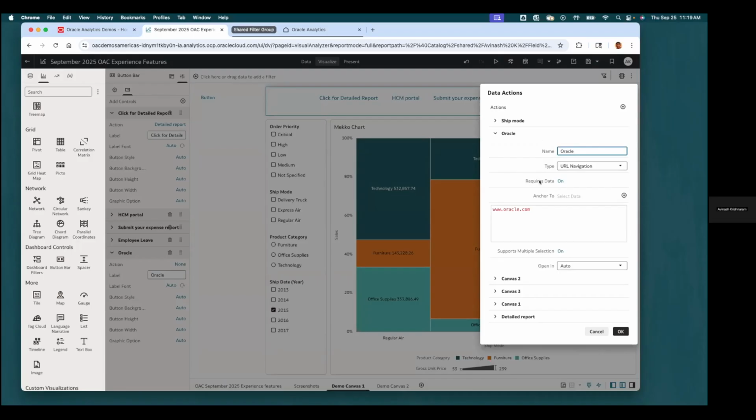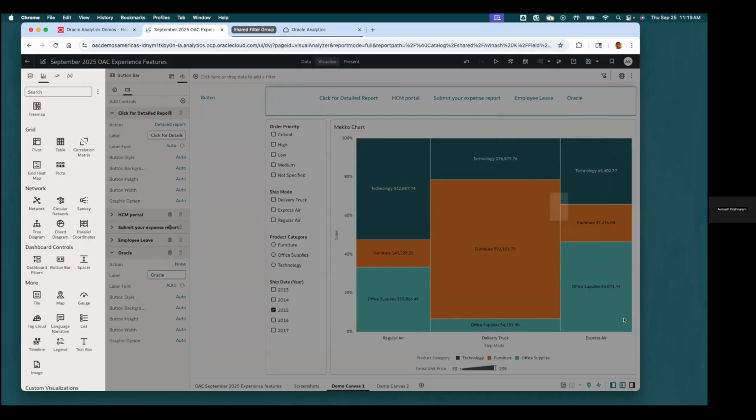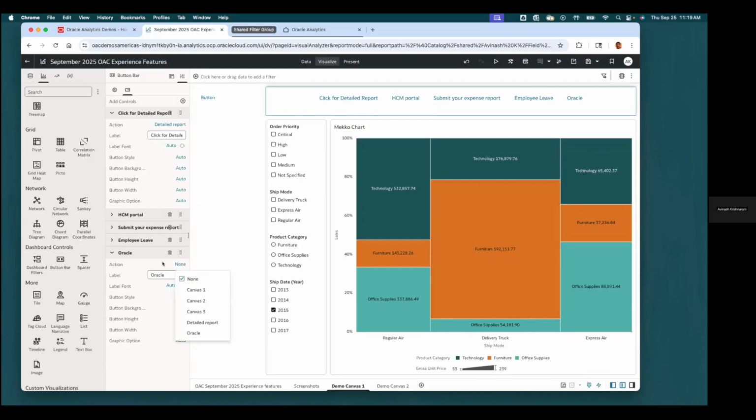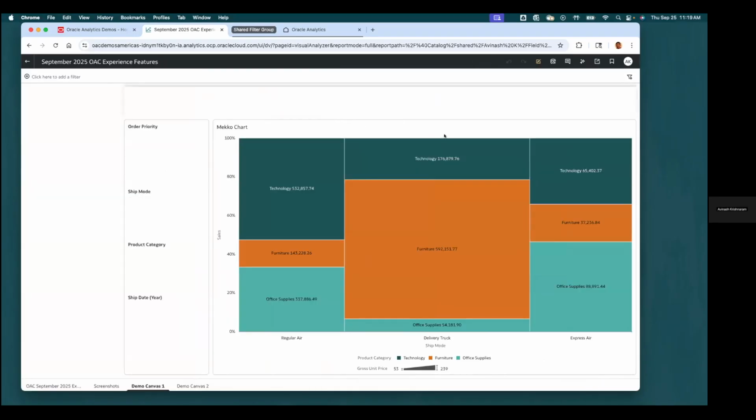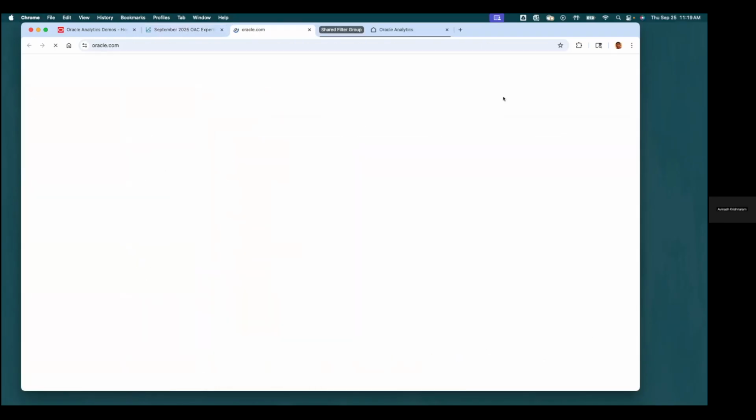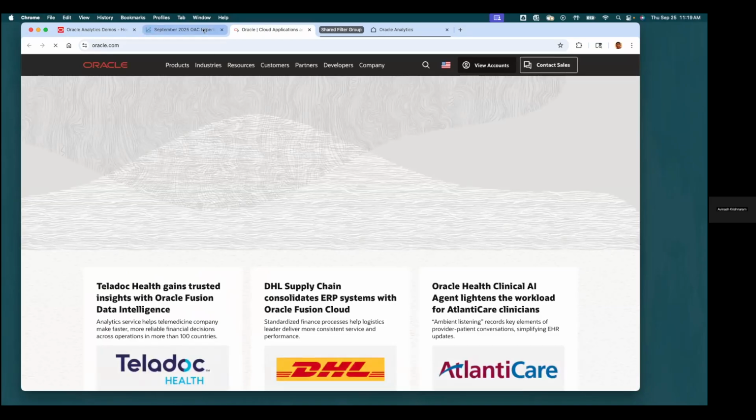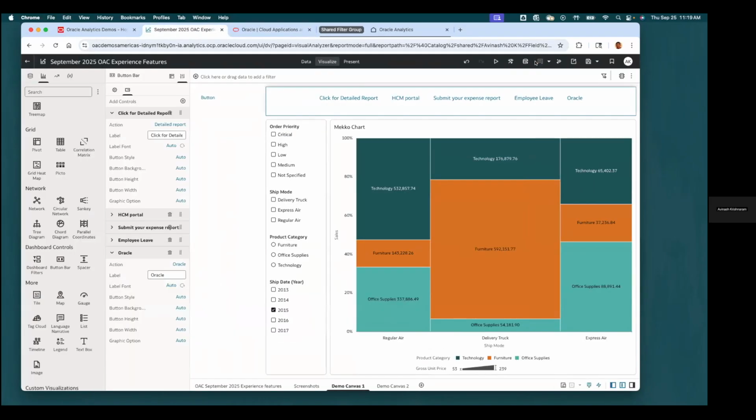So this new property allows the author to now define which data actions can be linked to a button versus a data. Now, if you turn the requires data property off, this data action becomes available to be linked to a button, right? So let's link Oracle to this new button that we created. And in the consumer mode, when the user clicks on the button, they basically navigate to oracle.com. And you can create any data action type and basically configure it. It can be to a workbook, or to a canvas on the same workbook, or to a different workbook in the catalog itself.